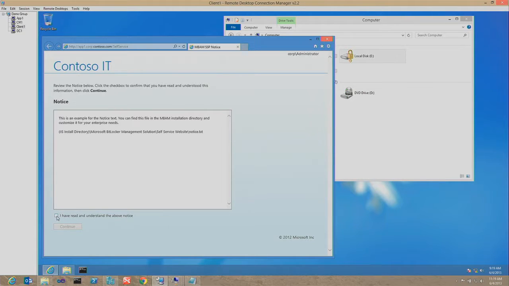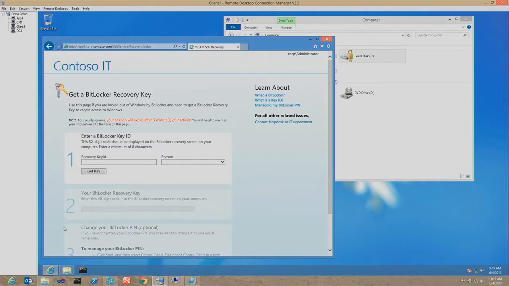Once you accept that, it's going to ask for that recovery key just like it did before, but the security model here is different, right? I cannot request a key for something I don't own. So what this portal does is it will only let you retrieve the recovery keys for volumes that are associated with your user ID. So if I was getting that first recovery key from your computer and I was typing it here, it would show me you don't have access to that key. It will let me get this key for this case because that's my user. I'm running this same computer, so it knows it's me. So I'm able to